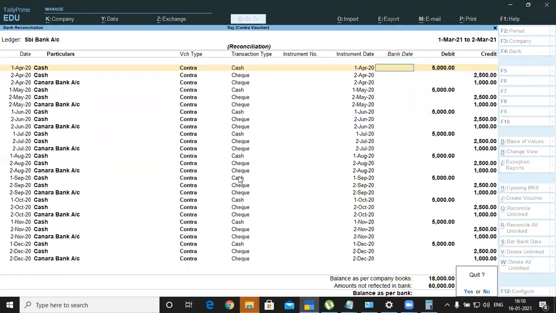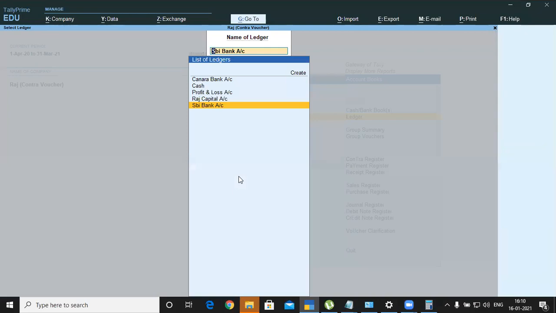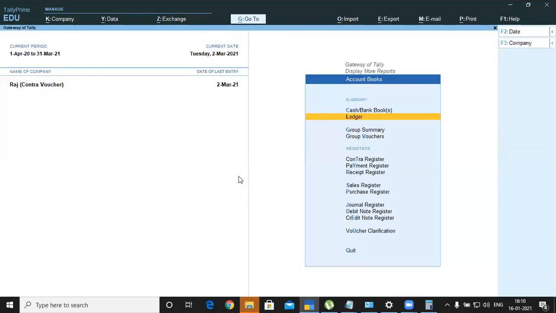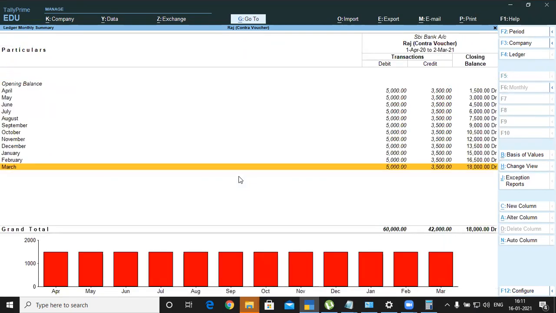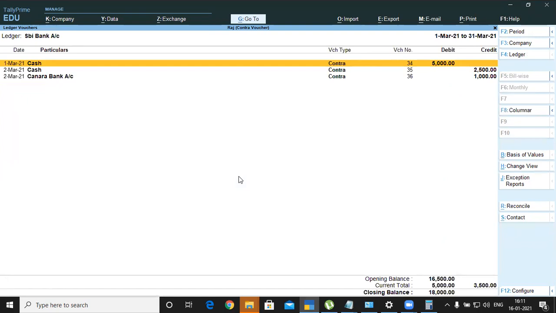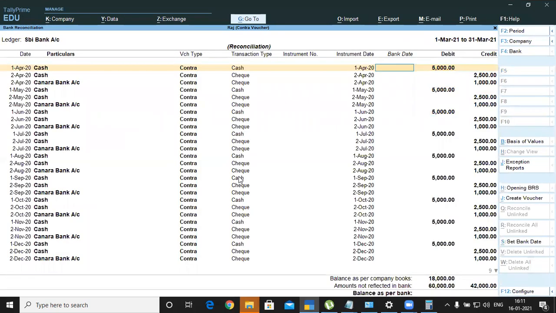Another method is use cash and bank, select SBI bank, select the month of March, press enter key, then press Alt R and enter your bank dates.